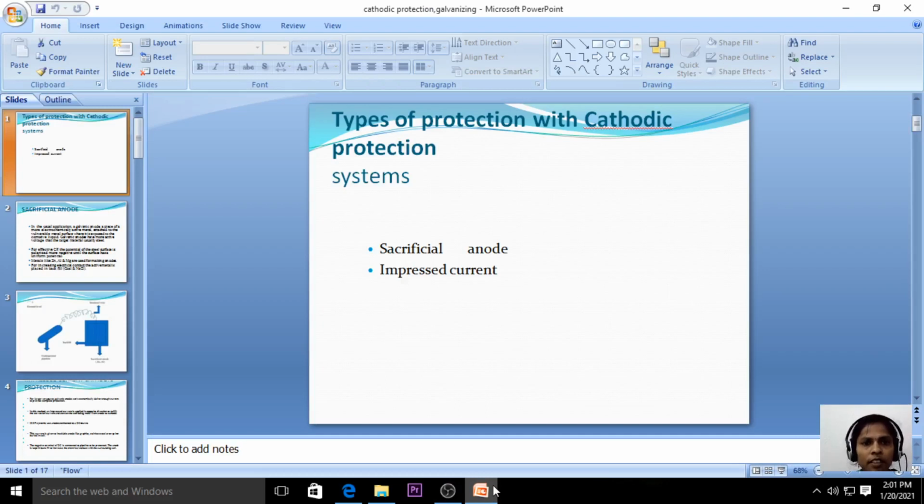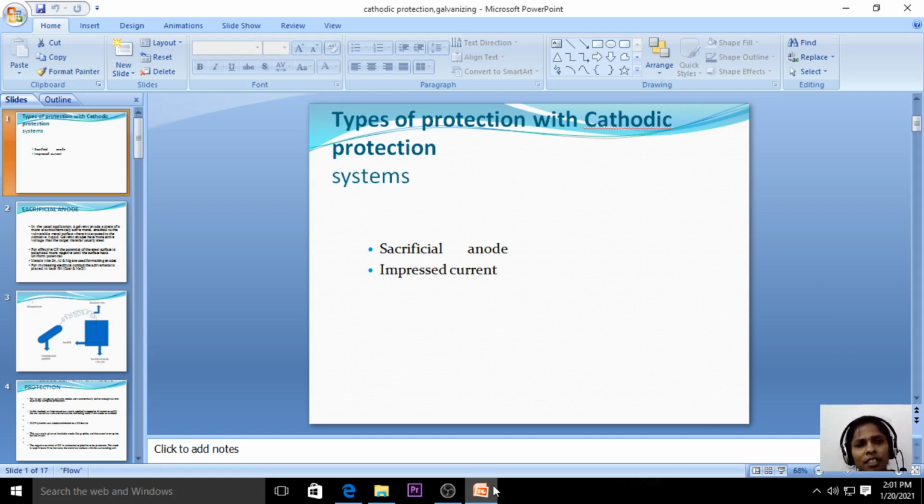Today I am going to explain the last topic in the second unit, that is cathodic protection. But before going to see the cathodic protection, let us recall what is meant by corrosion and where corrosion takes place. Corrosion is the decomposition of the metal with unwanted impurities in the environment, or destruction of the metal when the metal is exposed to the electrolyte or the unwanted impurities. That is meant by corrosion.